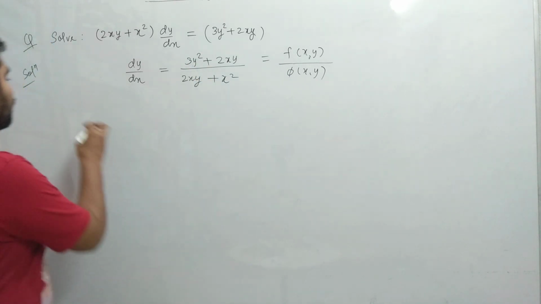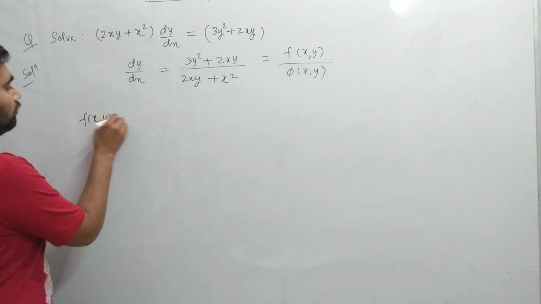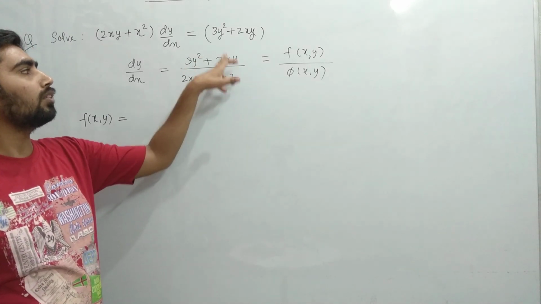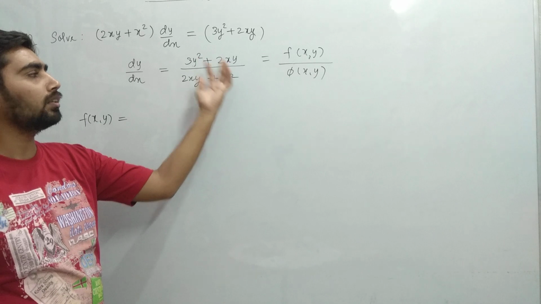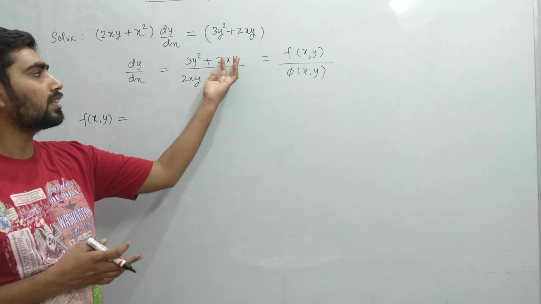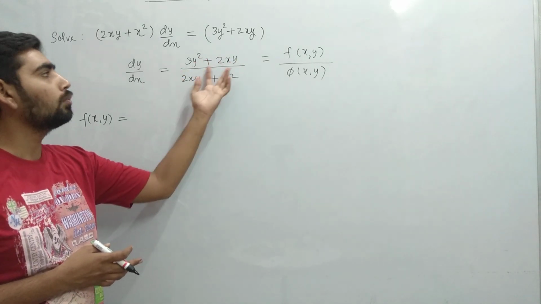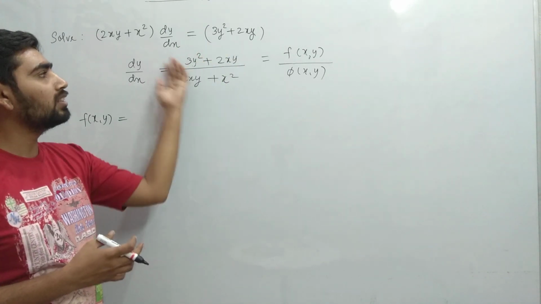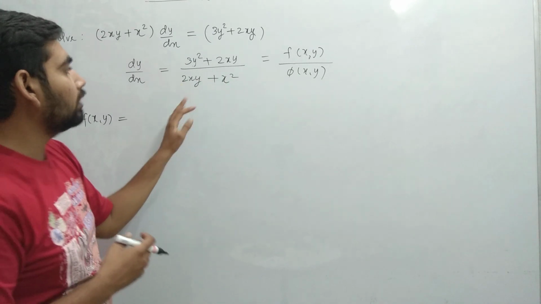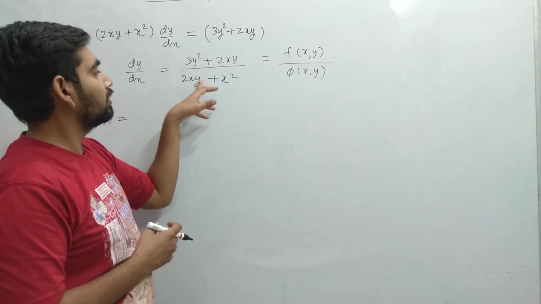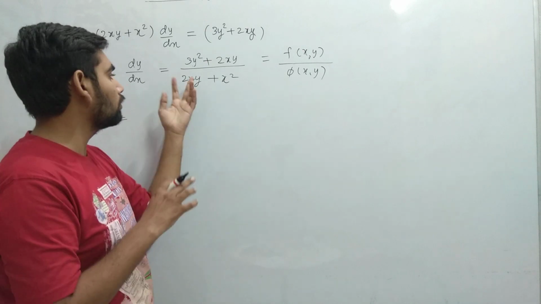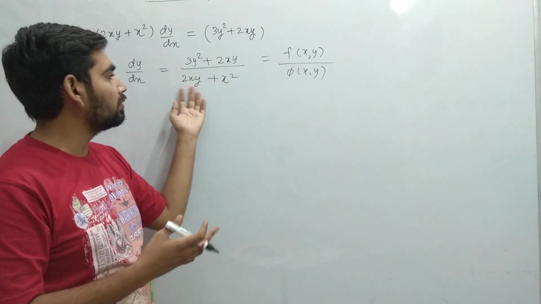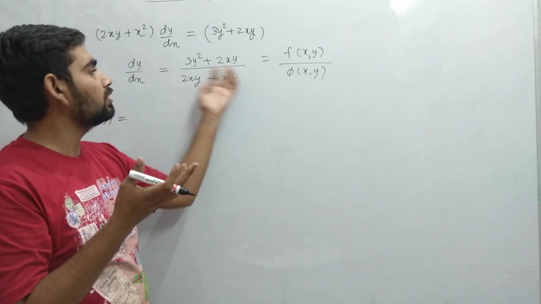So our first function is f(x,y). It can be easily seen that here the degree of y is 2, and in this term the degree of x is 1 and the degree of y is 1, both are in product. In product the degrees will add up, so it has degree 2, this term has degree 2, this term has degree 2. On addition the degree will remain the same, so the numerator is homogeneous and has degree 2. In the denominator, x has degree 1, y has degree 1, in product degrees will add up, so it has degree 2. In addition both have the same degree, so the function is homogeneous having degree 2.